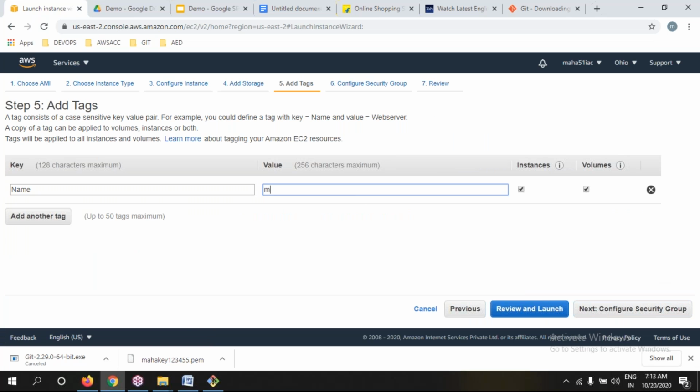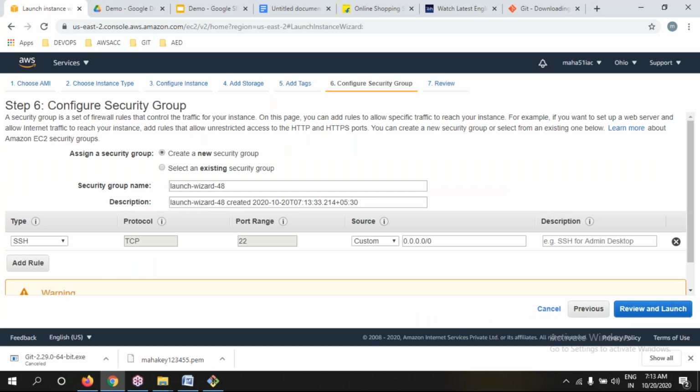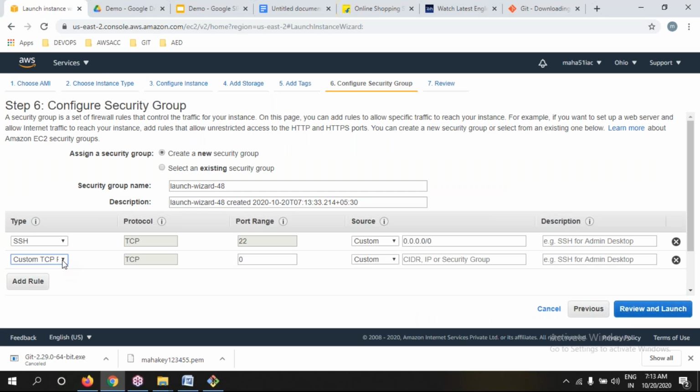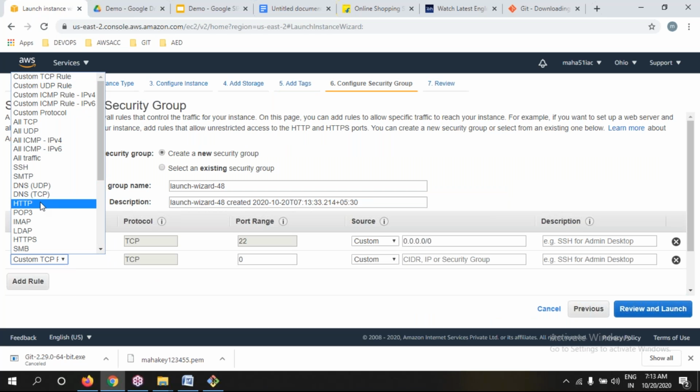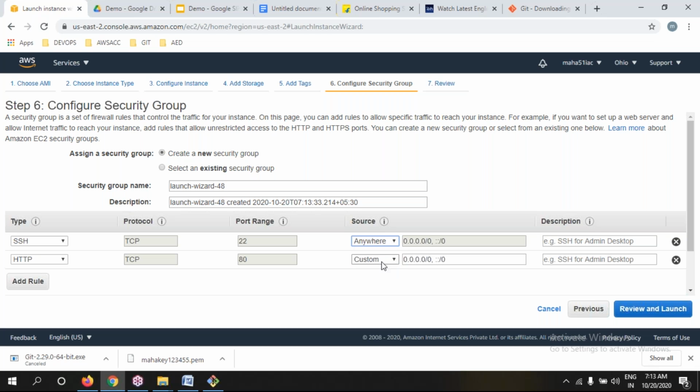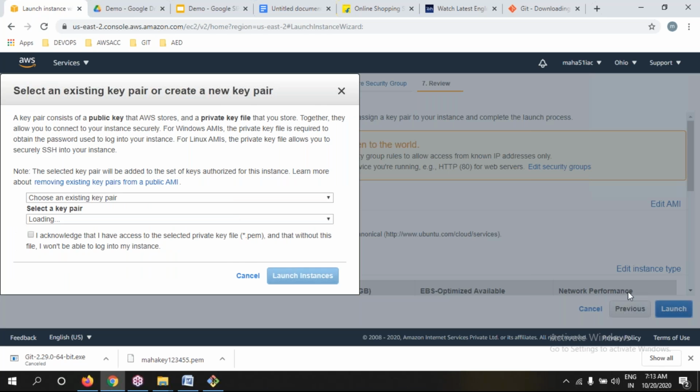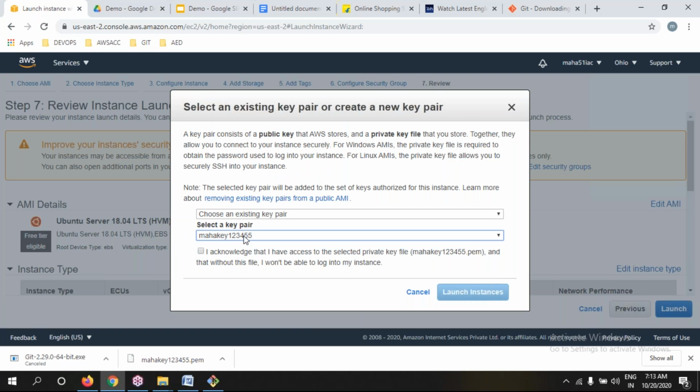Add tag name: Mahaserver. Okay. Configure. Add HTTP, anywhere. Review and launch with an existing PEM file.